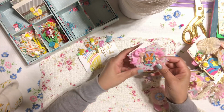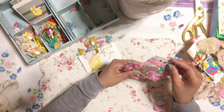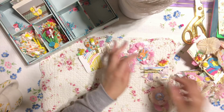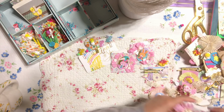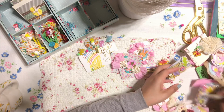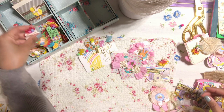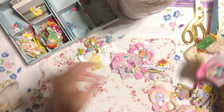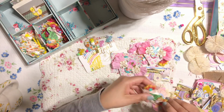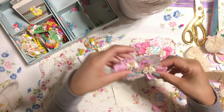Okay. I also made these. What are these? Oh, these are little stuffed pocket envelopes. Let me see how many of these we have left over. We have more of these little tickets. Let's put those in here. We don't have too many of these left over. But I made these little pocket